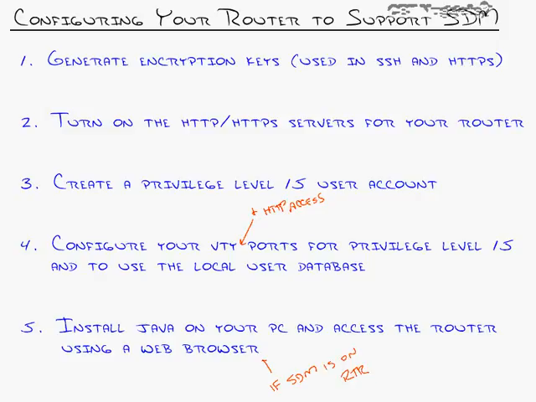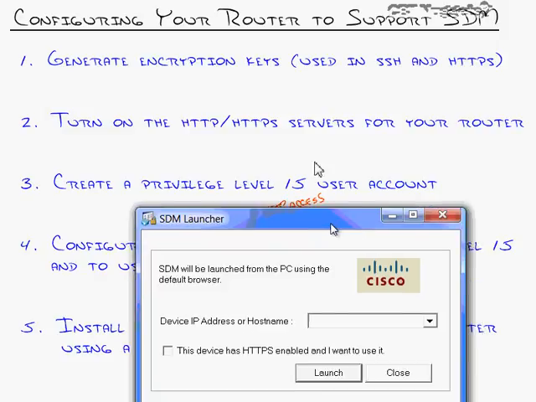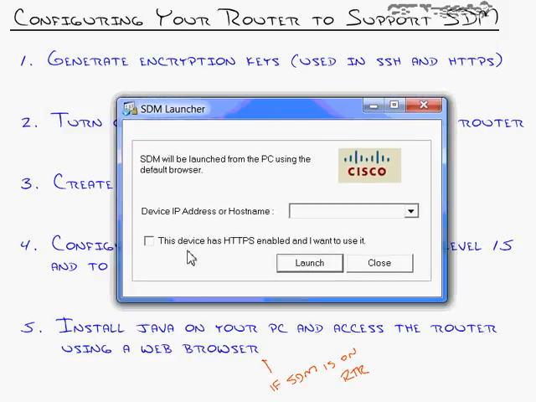Or if you've installed it on your PC, you can click on Start and go to Programs, and somewhere in there you will actually see the Cisco SDM icon, which will bring this up. Sorry, I'm actually doing this as I talk. It says SDM will be launched from the PC using the default browser. Type in the device IP address or hostname. Well, the IP address of my router is